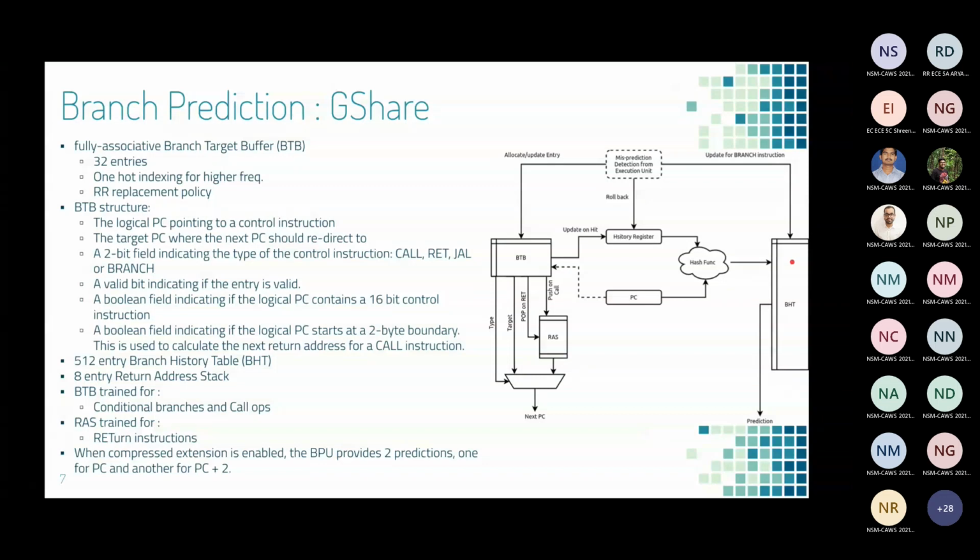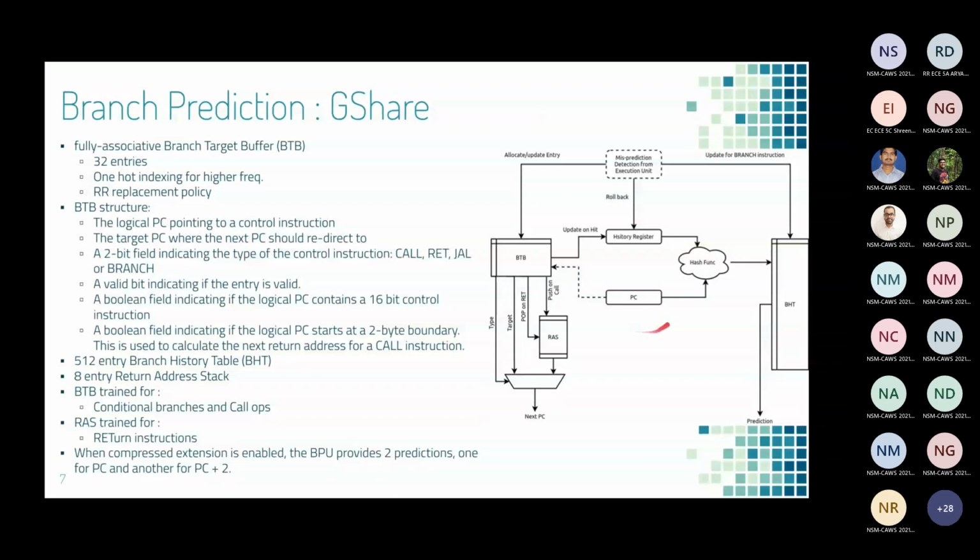How do you index it? You have the history register, which is 8 bits wide. You take the lower 8 bits of the PC. You do a hash function. A hash function is basically a XOR operation of sorts, a very weird XOR operation. There are multiple different types of XOR hash functions that you can use. Right? Anything that gives you an 8-bit output. The idea is